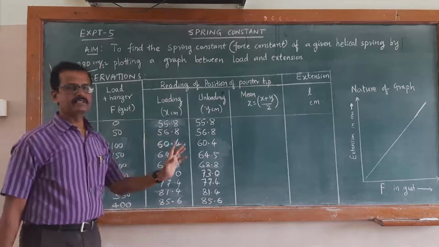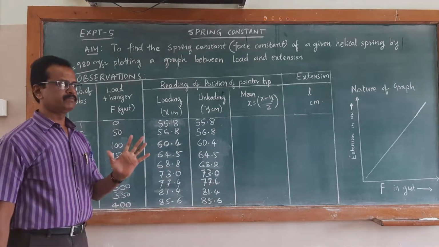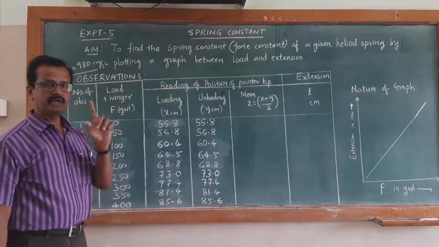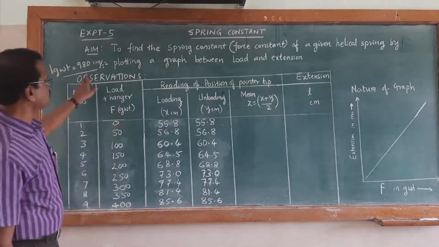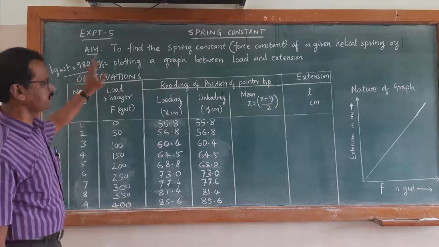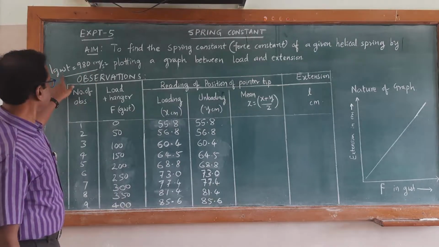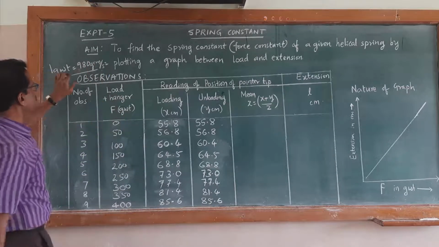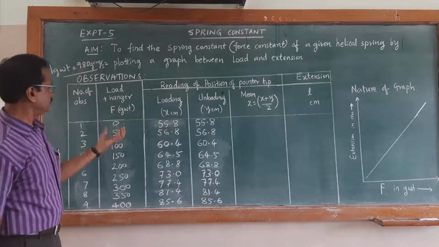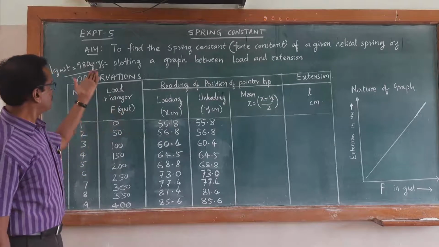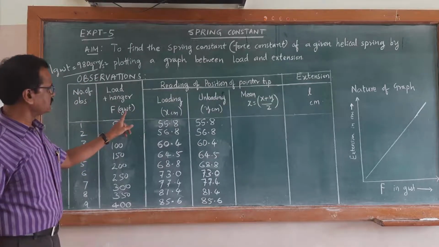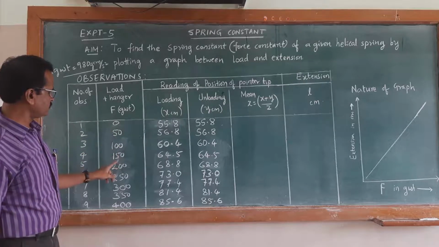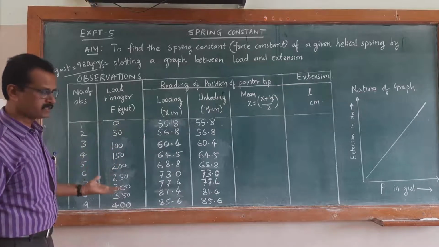It's like 1 kg weight. 1 kg weight is equal to 1 kg multiplied by 9.8 meter per second square, that is equal to 9.8 Newton. Here it is in CGS units. It is 980 dynes, right? So 1 gram weight is equal to 980 gram centimeter per second square. So it becomes 980 dynes. Instead of writing dynes every time, it is written directly in terms of gram weight. So 50 gram weight, 100 gram weight, 150 gram weight. In this way it is being written.